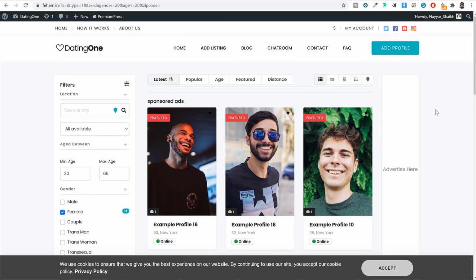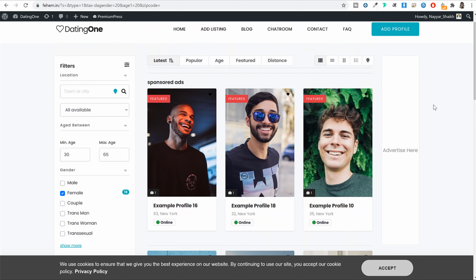So based on your location, your culture or your tradition, you can add some more filtration taxonomies based on your country or your culture. I'll obviously show you how that is done. You can also sort this list based on different criteria.